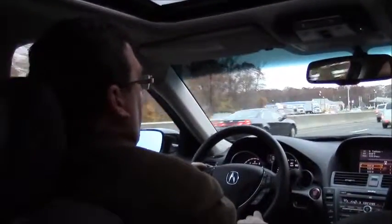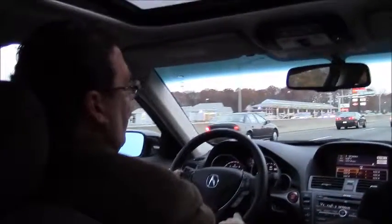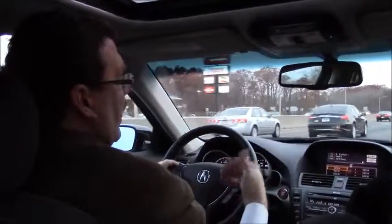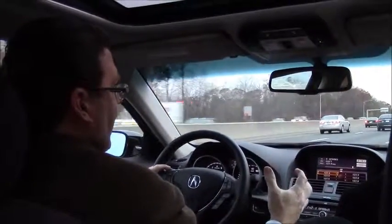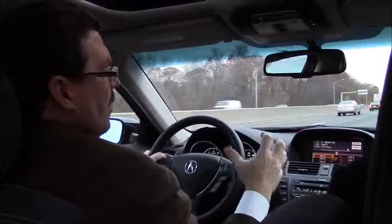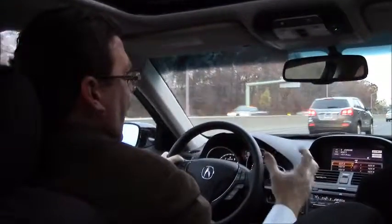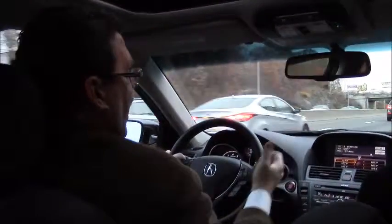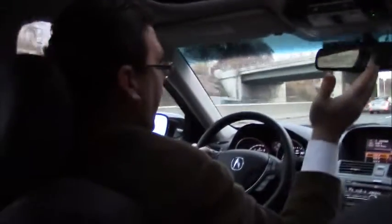What about the safety features in this car while we're driving on the highway? Okay, so as far as the construction of this vehicle, you've got your front airbags, which are dual threshold airbags, and they deploy at the correct rate of speed based on the severity of the impact. There's a certain way that Acura has designed, it's called ACE construction, for the crumple zones. Every car has crumple zones, and what they're designed to do is harness the energy of the outside force to go away from the cabin, so it's not going to be coming toward you and affecting anything in here. So with the side airbags, with the side air curtains,